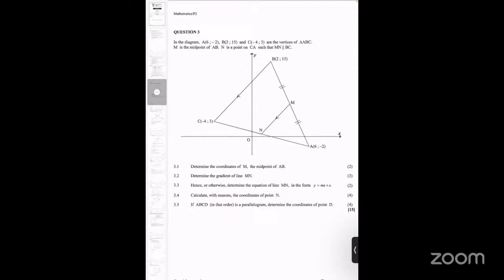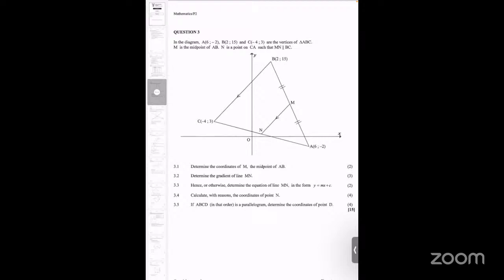But very quickly, what I'm going to do on my side is just read through the given statement, look at that diagram, go through the questions, and I'll give you guys an opportunity to go through those, and then you submit immediately, so that towards the end of the lesson we are going to very quickly do the corrections. So question number 3, in the diagram, we are given a point, point A,